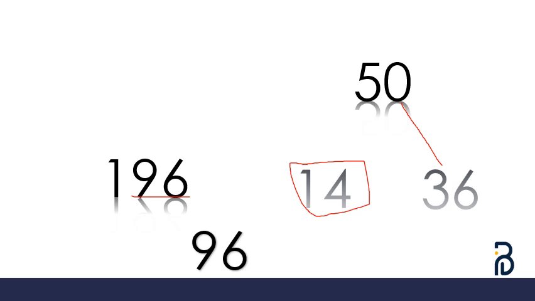First step is to take last two digits of the question. Next step is to find multiple of 50 which is closest to that number or last two digits of that number. Next step is to find the difference between the multiple of 50 and the number. The next step is to find the square of the difference, and you need to take last two digits of that square. That will be your answer.